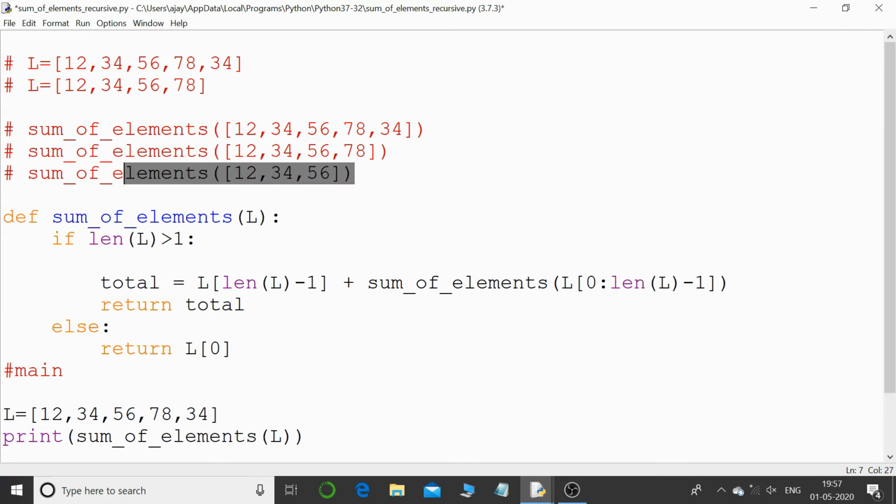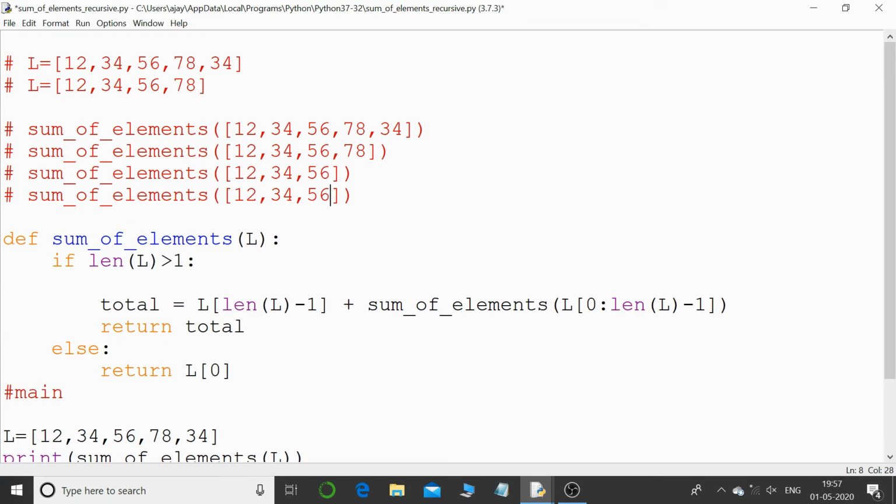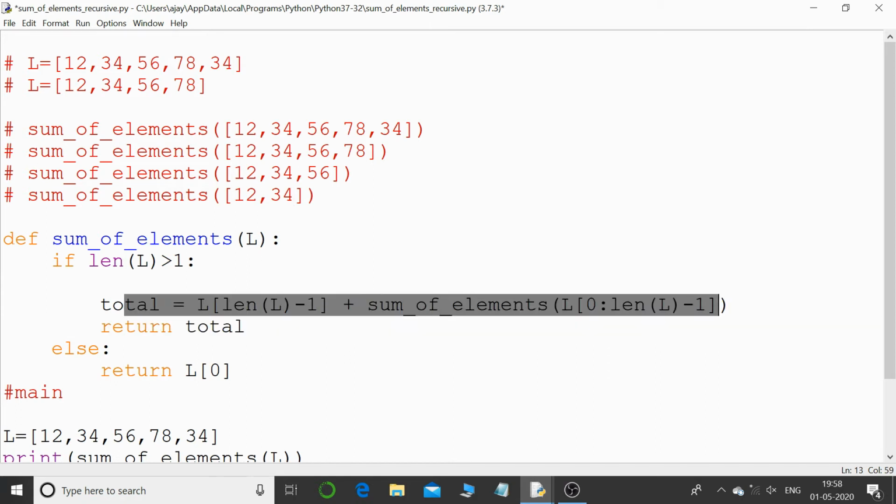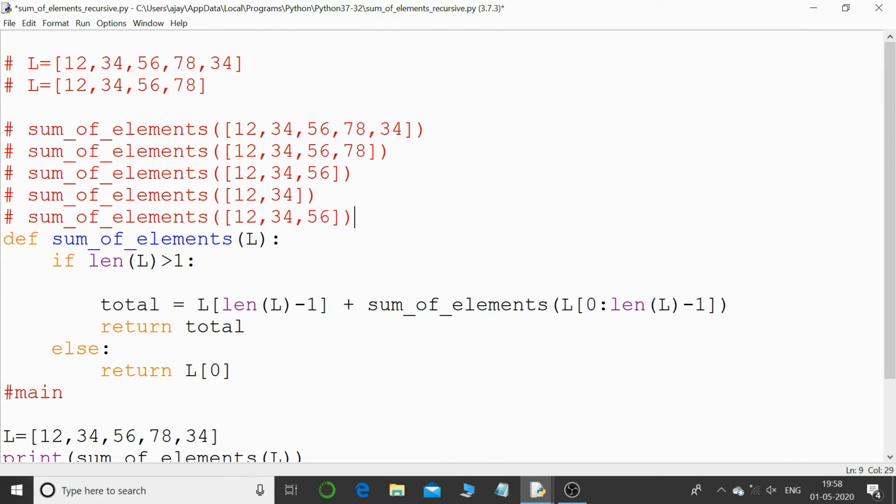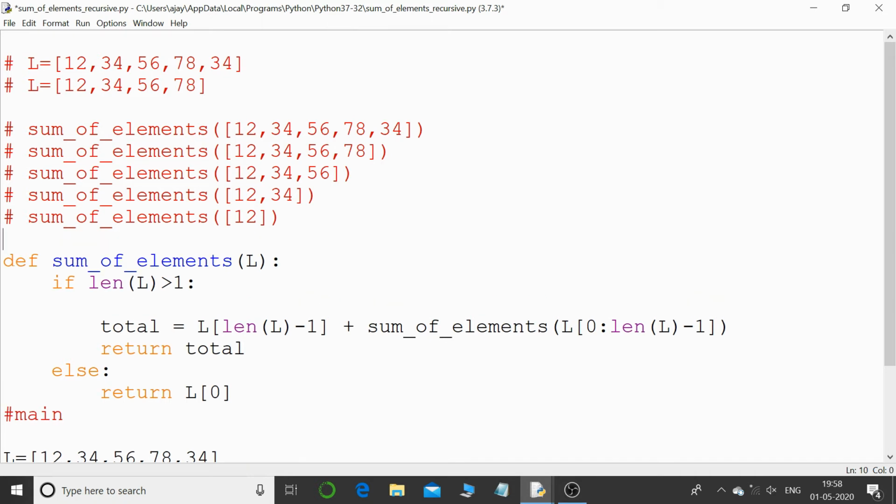Okay, and similarly again the condition goes true, again there will be a call. So the list that will get passed to the fourth call will be this much, that is 2 elements. So len of L, that is 2, 2 greater than 1, again the condition is true, so this particular statement will be called, and this is what we are going to have. This is the final list that we are going to have. So there are 1, 2